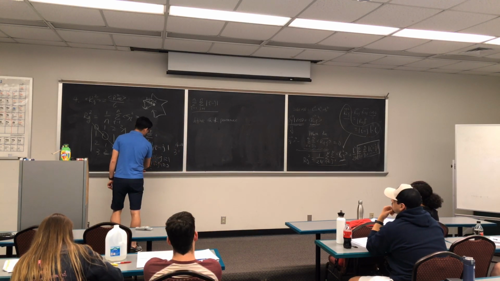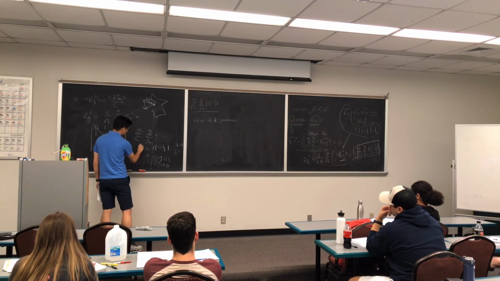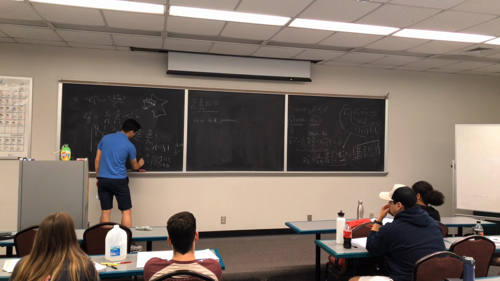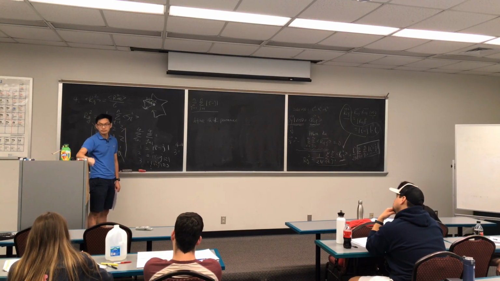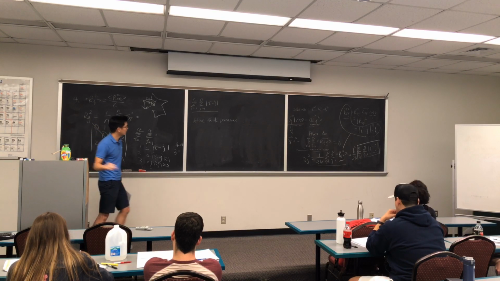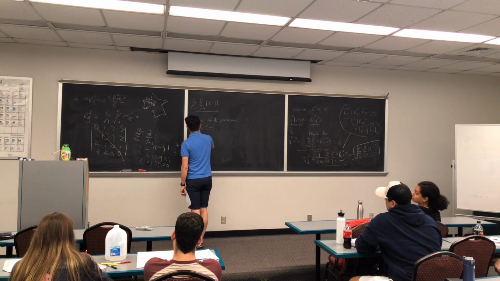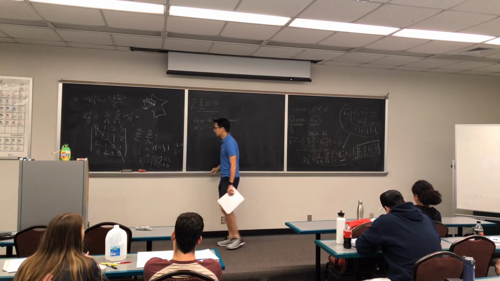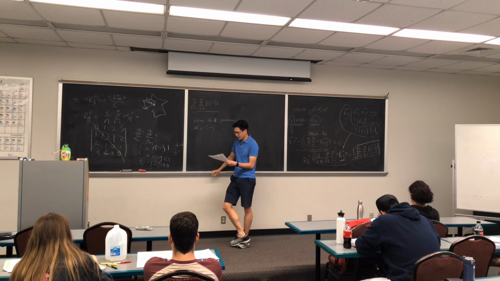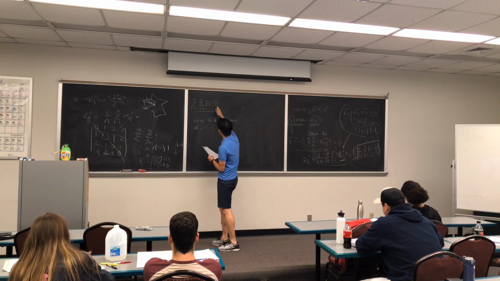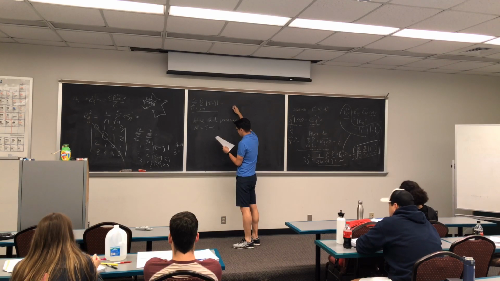Instead of calling this n, we can call it k, from 1, 2, 3, and all the way onwards. So how many can we add together? So this particular term, would it be equal to